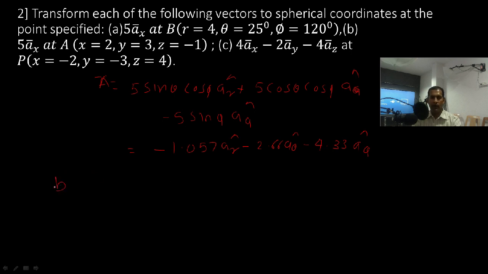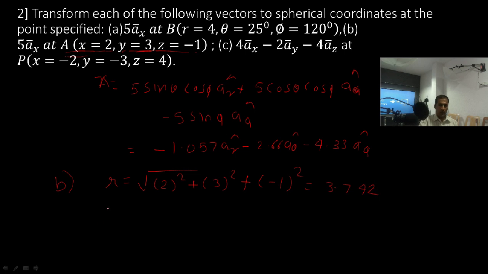So part B we will solve. Part B is asking the same point, but here we have to keep the value of x, y and z like this. So for solving part B, R we can directly take as the square root of: R will be equal to the square root of x is 2 square plus y is 3 square plus z is minus 1 whole square. So if we solve this, we will get